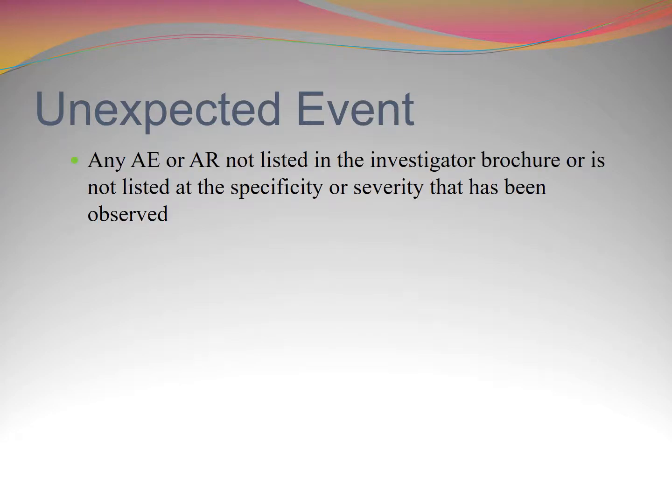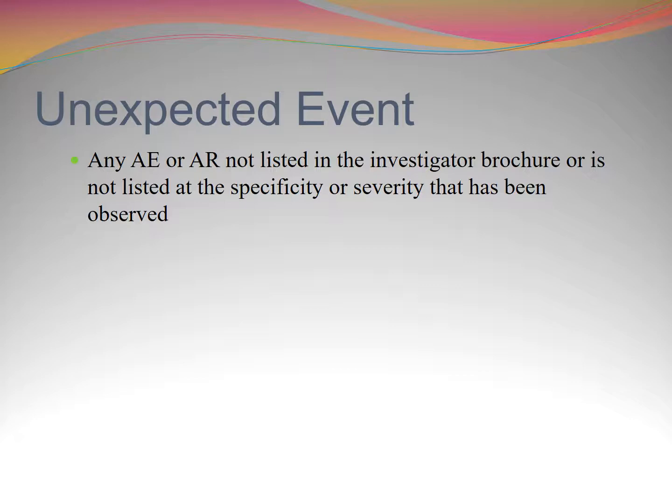It's any adverse event or adverse reaction not listed in the investigator brochure, or not listed at the specificity or severity that has been observed. The adverse events and adverse reactions listed in the investigator brochure are the listings to date of all of the untoward medical things that have happened to people while they've been on the study. If you have an event, whether it's an adverse event or an adverse reaction, that is not listed anywhere in the study brochure or the protocol or anywhere else for that matter, this is the first time it's happened,